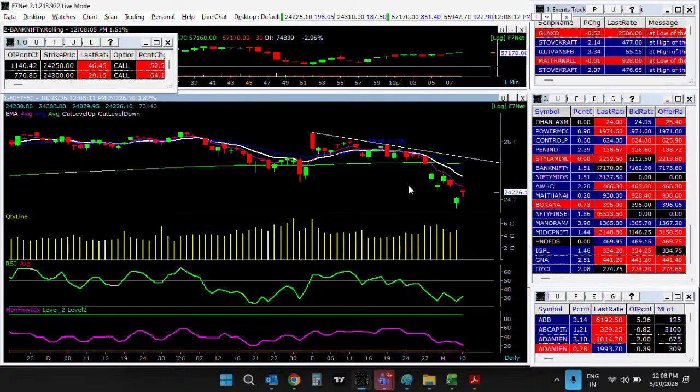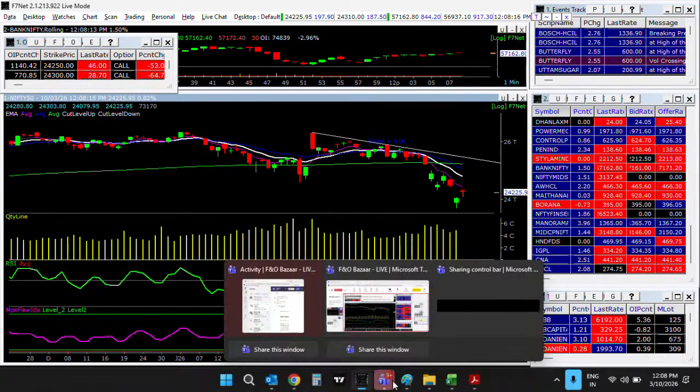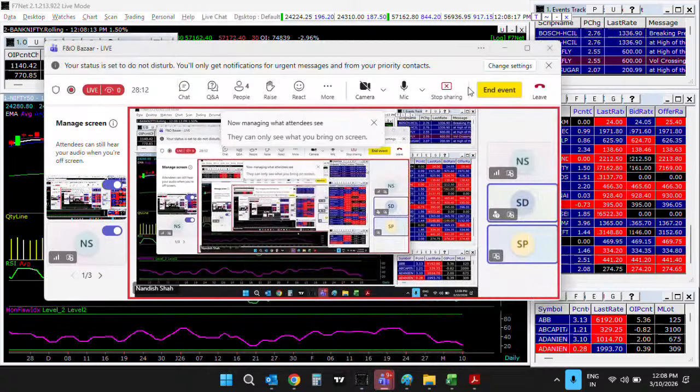Okay, and Siddharth, now if we move towards the intraday structure, what do we see on the charts? Yeah, hi, am I audible? Yeah. So basically, after opening, market opened around 24,300 on spot level, and after that it has corrected, and it has filled the gap which was created in today's session, and from that level again it has bounced. So currently Nifty is trading around that 24,200 level.